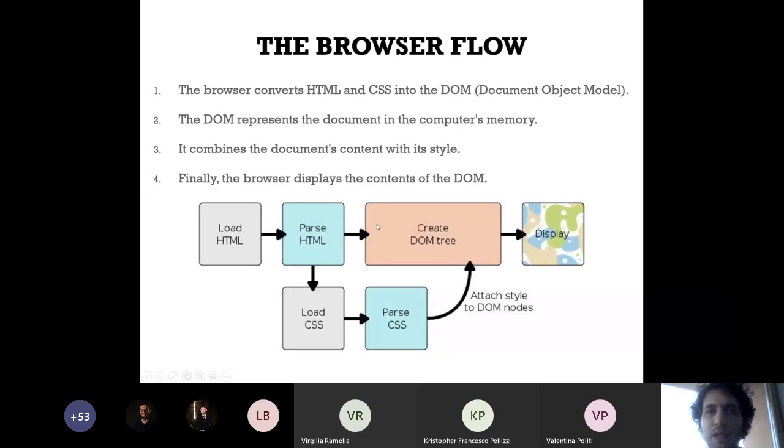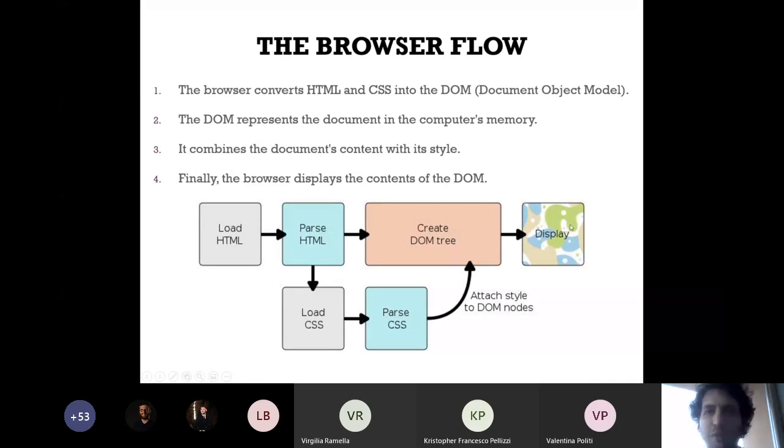In parallel, it creates the DOM tree from the body part of your HTML file. And when the DOM is ready and the CSS is ready, the browser joins the two elements